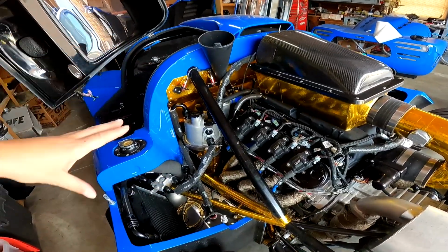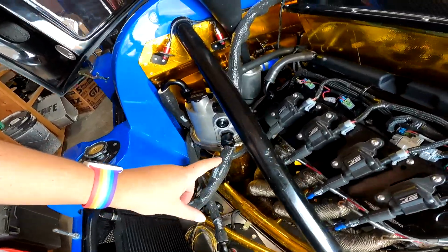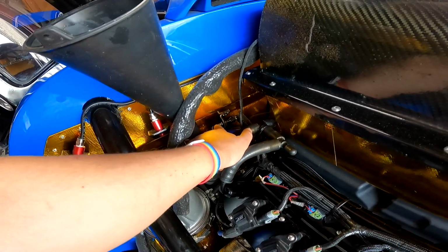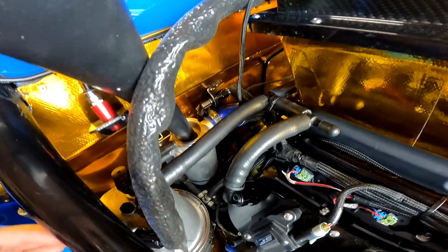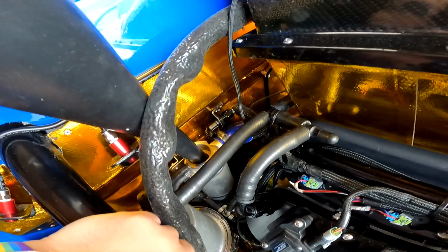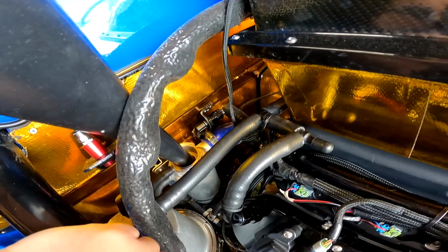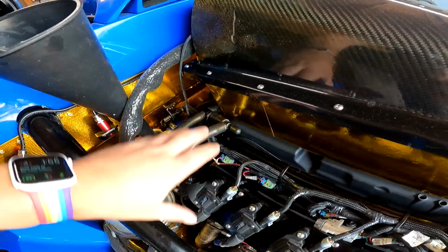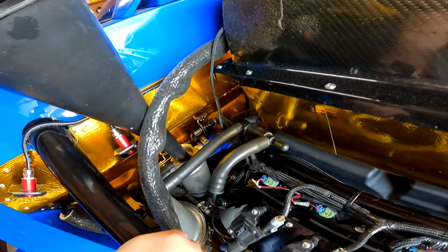So if we come onto our fuel leak, before it was leaking from down at the tank, now what's happened is, I think in all of the fiddling, it's difficult to see, but on the other end of this 90, down below, behind that filler neck, is another fitting down in this area. And unfortunately, that's high pressure fuel, and it's squeezing past the sealing ring in the fitting. And I don't know if when I was having to mess around with the hoses back there and pull things out of the way, if it had just pulled the fitting out of the hose a little bit. But for now,